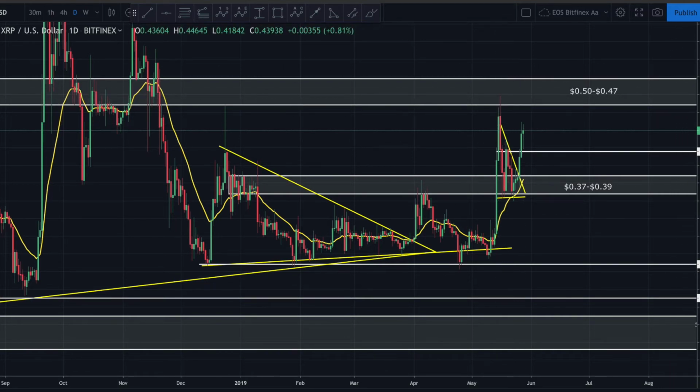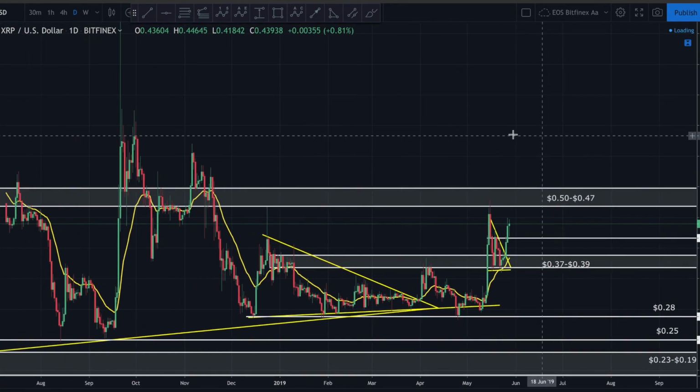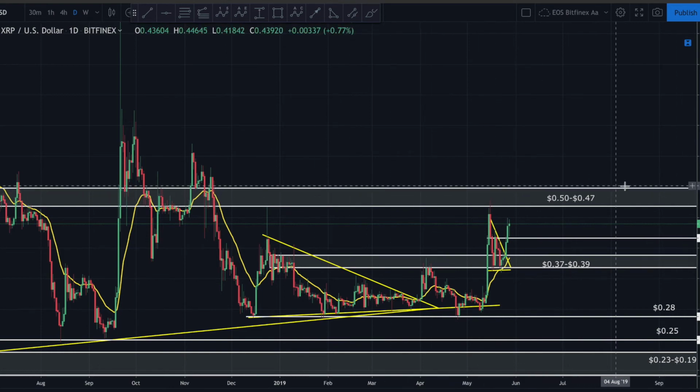That being said, if Ripple can take out the top of this zone, which sits at about 50 cents, we could see Ripple flying very quickly up to about 57 to 60 cents, if not higher than that. This is the lid that's kept Ripple down for quite some time. If 50 cents gets taken out decisively, by decisively I mean a daily candle opening and closing above 50 cents,